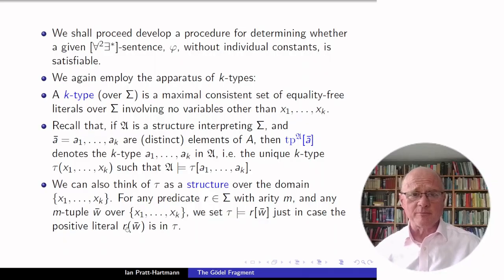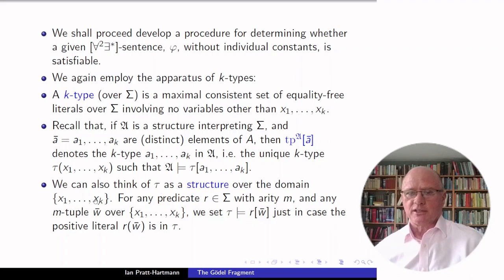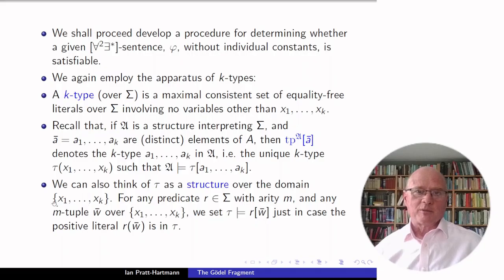And there's another way of thinking of types, which we also met in the previous lecture. We can think of a type Tor as a little structure. And the domain of this structure is simply the elements x1 to xk. So we now think of x1 to xk not as variables, but as objects. And you might say, well, what relations do these objects satisfy in this structure? Well, we just look at the type. So if R is a predicate of arity, say M, and W bar is an m-tuple of these objects, x1 up to xk, we say that in the structure determined by the type,